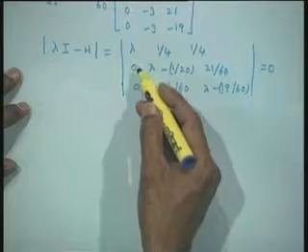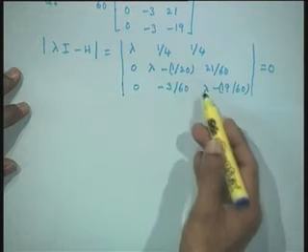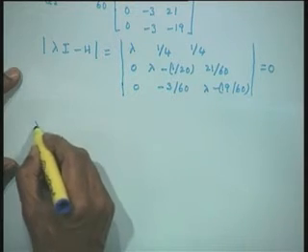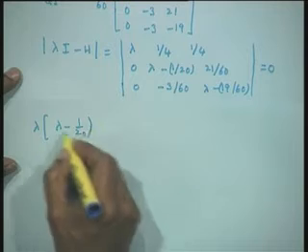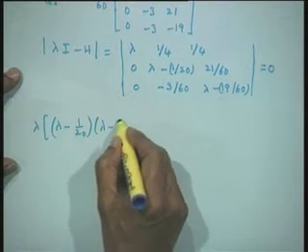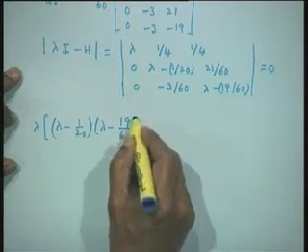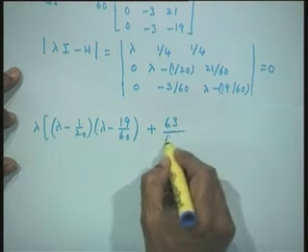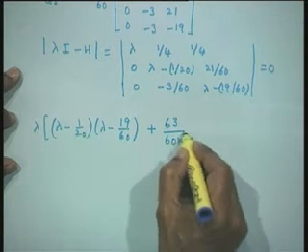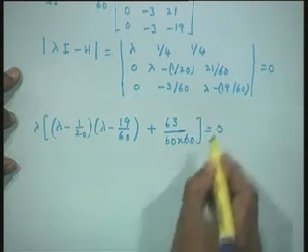Now, the advantage when solving a 3 by 3 system for Gauss-Seidel is that we know this column is always going to be lambda 0 0 0. So, the expansion will be very simple. So, let us expand it out. We will have lambda times (lambda minus 1 by 20)(lambda minus 19 by 60) plus (63 by 60) squared, that is equal to 0.